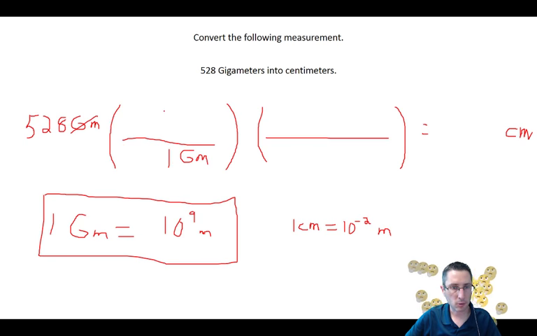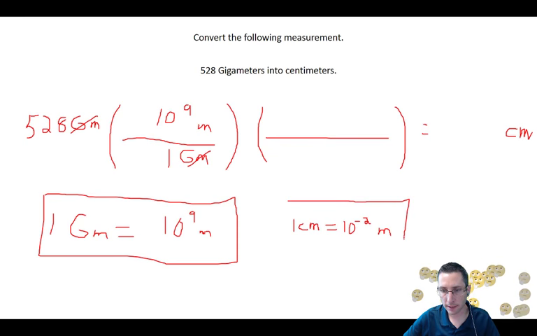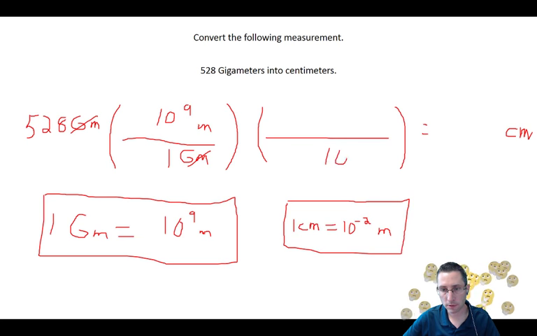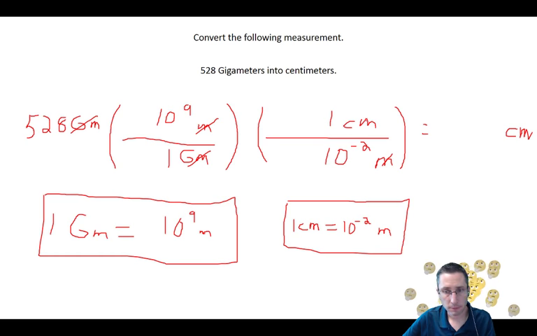I'm going to write this kind of quickly so that we can get through a lot of problems here. So excuse the writing, but I want to get through a lot of practice problems for you guys. The second unit factor I'm going to use in the second set of parentheses to cancel out my meters and leave me with centimeters. Going through and making sure all my appropriate units cancel, I'm left with centimeters. And multiplying across the top, dividing by the bottom.